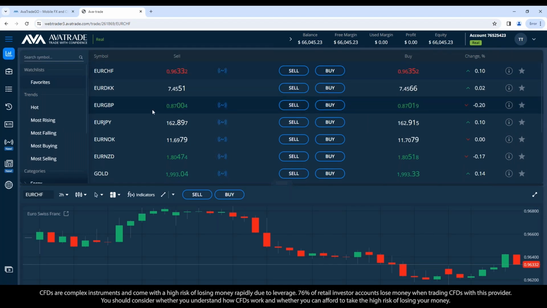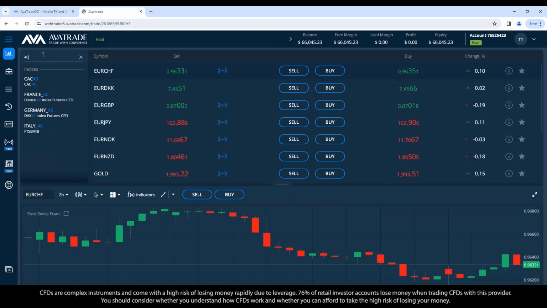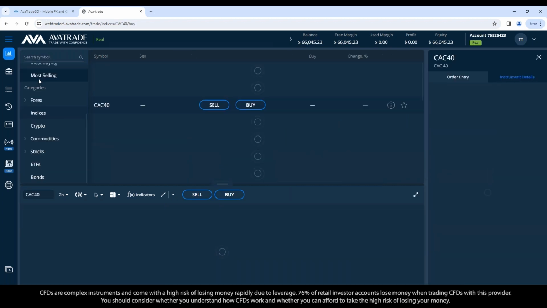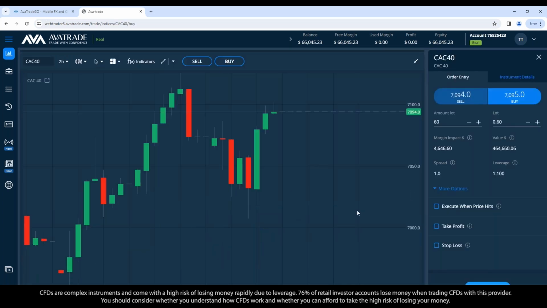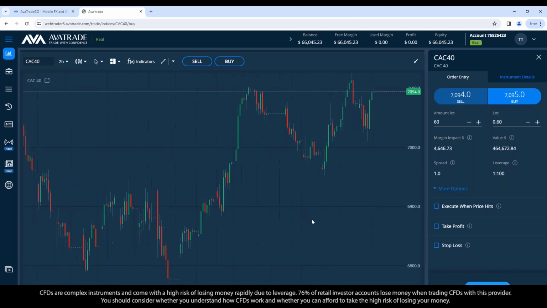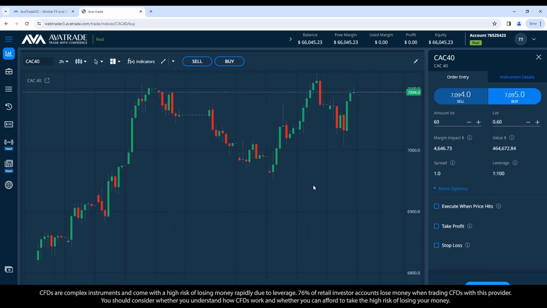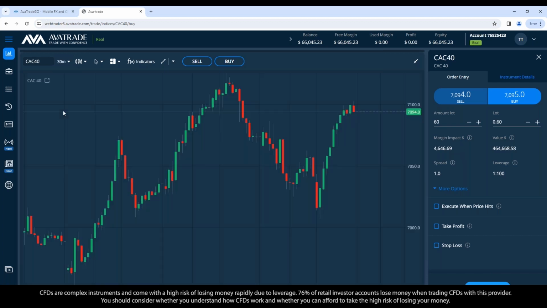The articles are showing some news about the PMI data, etc., as to why it might rise. And so then we can just come here and in the search find the CAC 40 and see what the entry point, exit points look like. Okay, 2-hour candles show indeed it is rising, has been rising, and we can look at the smaller candles and see if maybe there's a spot where you'd be interested in trading.